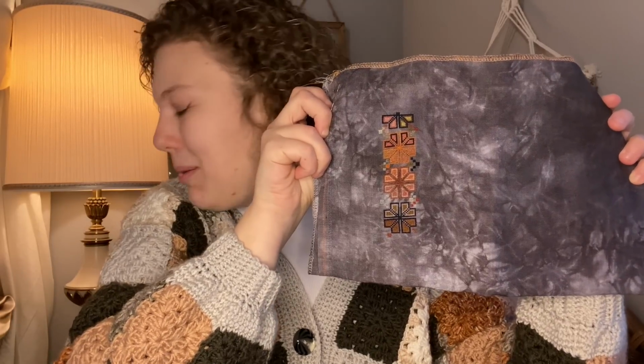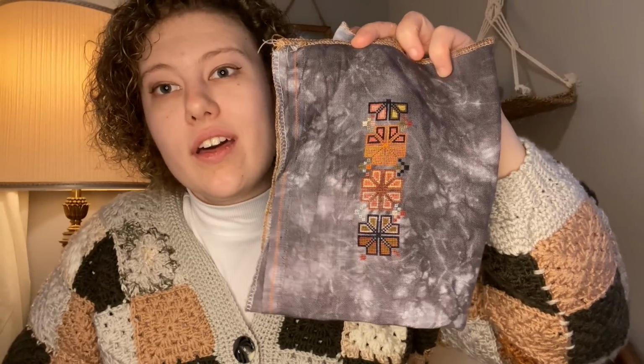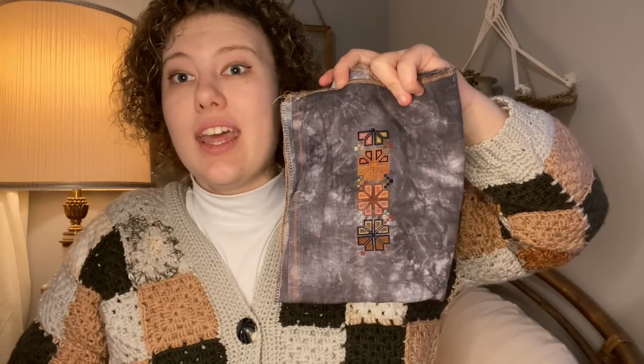Avalanche happened, people. We have some projects that fell off the bed. Yeah, I'm using the called for threads, and they are super, super vibrant and unlike anything else I have in my collection. So